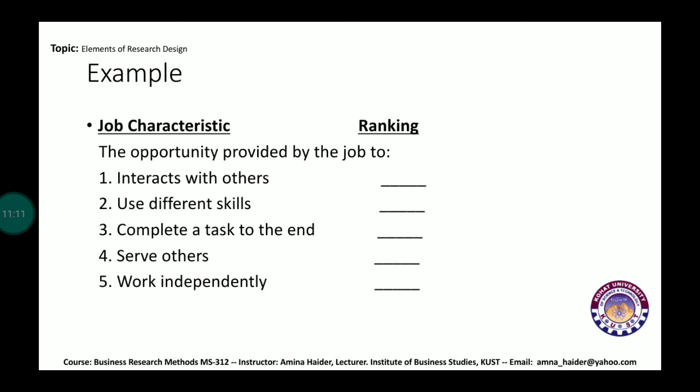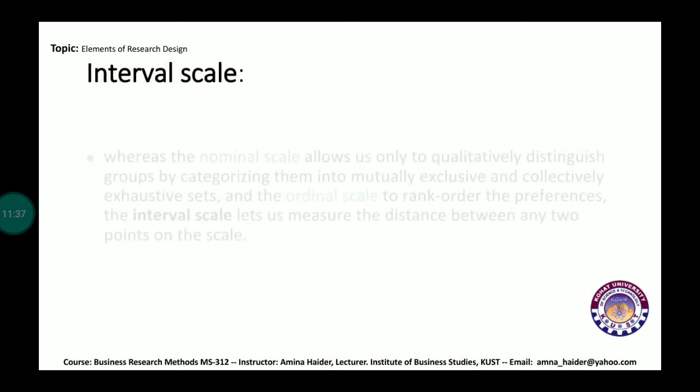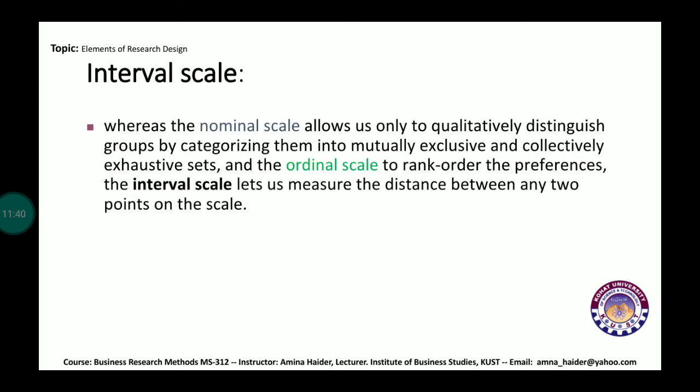So we can see that ordinal scale actually provides you with more data than nominal scale. So like we just said, we know the difference, but we do not know their magnitude. And this deficiency is overcome by interval scale. Interval scale,